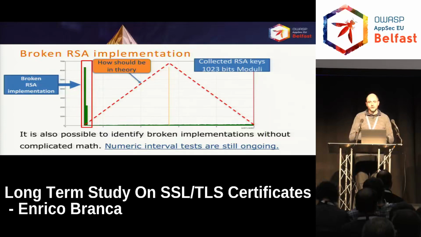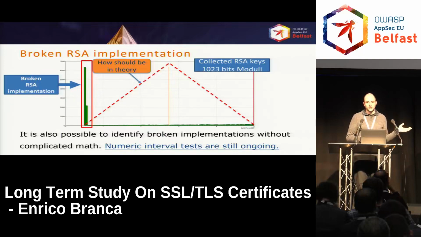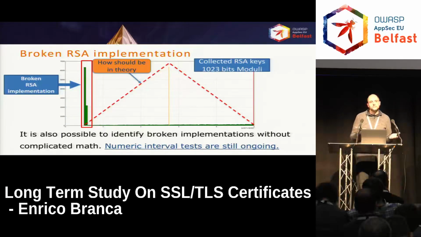Why is this stuff important? Because if I only focus on this, I don't need any math to check if the system that is producing the keys is good or bad. I take the number, I plot it in a graph. If the number is at the beginning or the end, so in the extreme, the system is broken. So in the collected information that I had, 1023 bits modulus, we have a lot of systems, around 7,000 keys, that are compacted, compressed, all at the beginning. That implementation is broken. We don't need anything else. That is not okay. And this is a very good idea if you want to test. You don't need anything, no special things. You just take a number and you see where it falls.